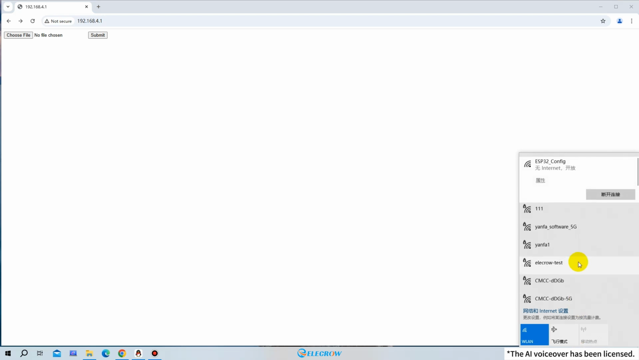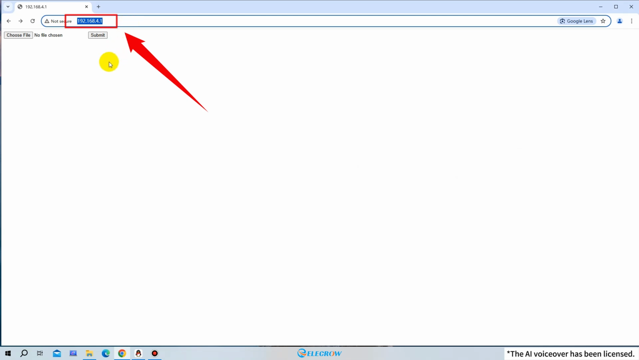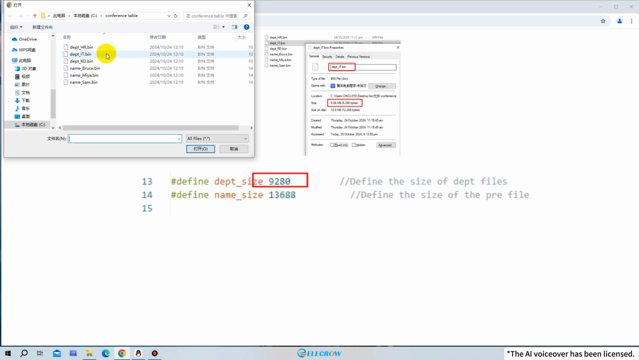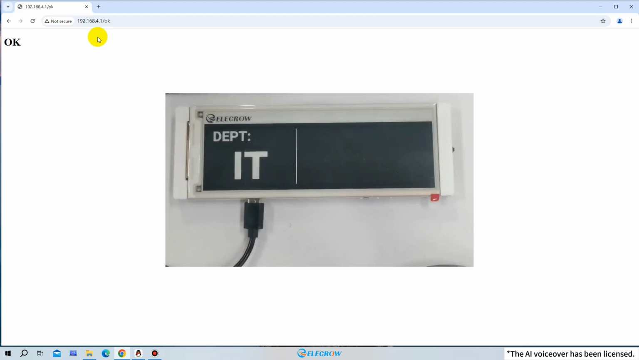After successful burning, you can use your laptop to connect to a Wi-Fi network called ESP32 config. After successful connection, open a browser, access 192.168.4.1, and select the bin file you previously generated. Before sending, please confirm again whether the size of your bin file is consistent with the size defined in the code, as this is related to whether the image can be displayed correctly. After confirming the accuracy, click Send and you will be able to see the image represented by the bin file